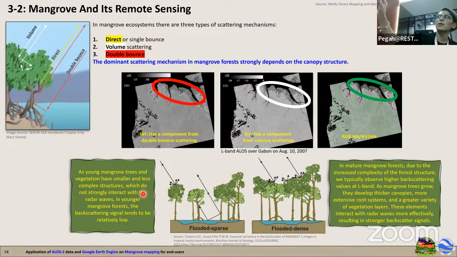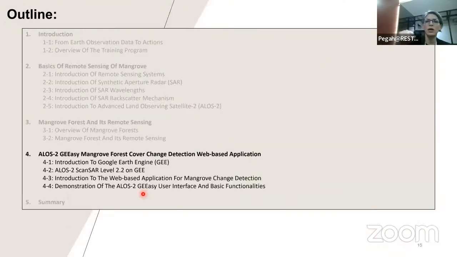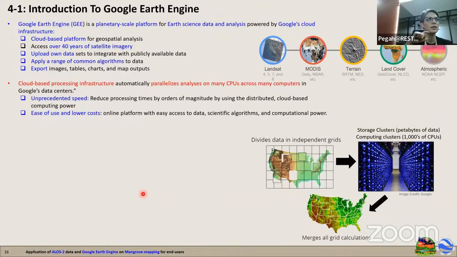Those narrow belts around the coastal line that have been shown here by different color of circle, you see that those areas are mainly mangrove. Now, with that background on remote sensing in general, SAR in specific, and more specifically on the L-band SAR, I would like to move to another part of this presentation, which is more on the